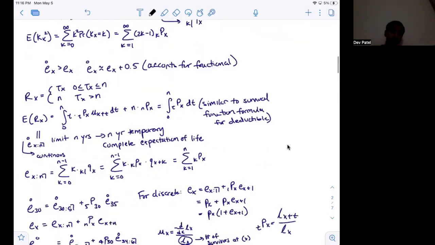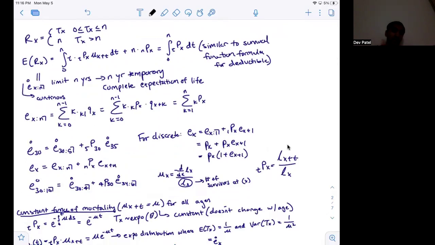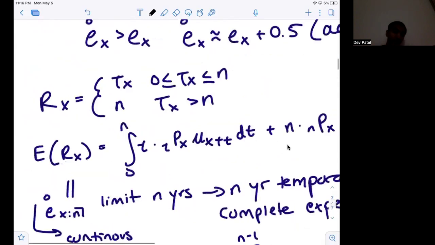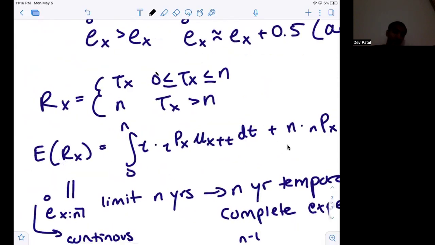And then we have similar concepts and notations for the discrete version, how to find the expected value for the discrete version. Next, this is where the concept of deductibles also kicks in, where we know when we're doing integration that from 0 to the level of the deductible is what the client pays, and then after a certain point, that's the limit and where the insurer starts the payment. And so we can think of the deductible as sort of this cutoff that we have. So from 0 to n,